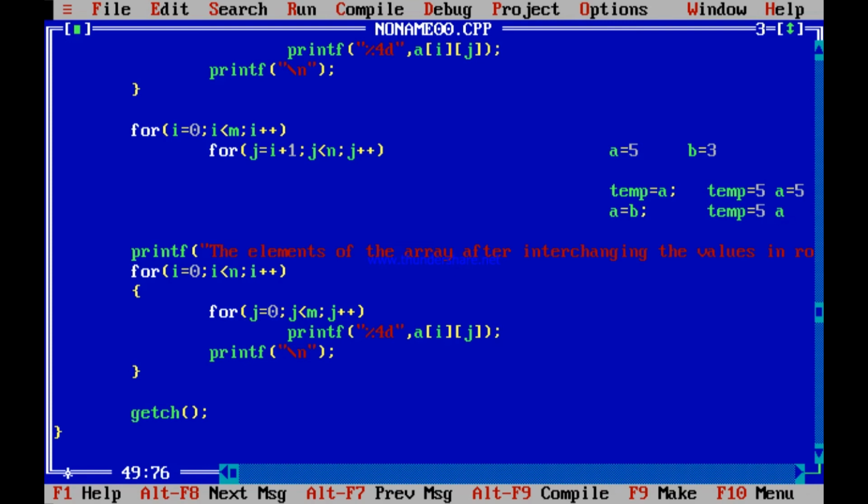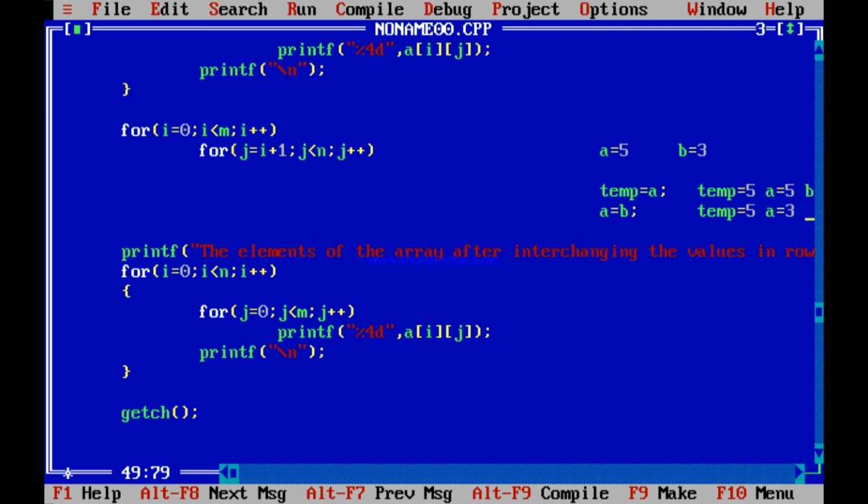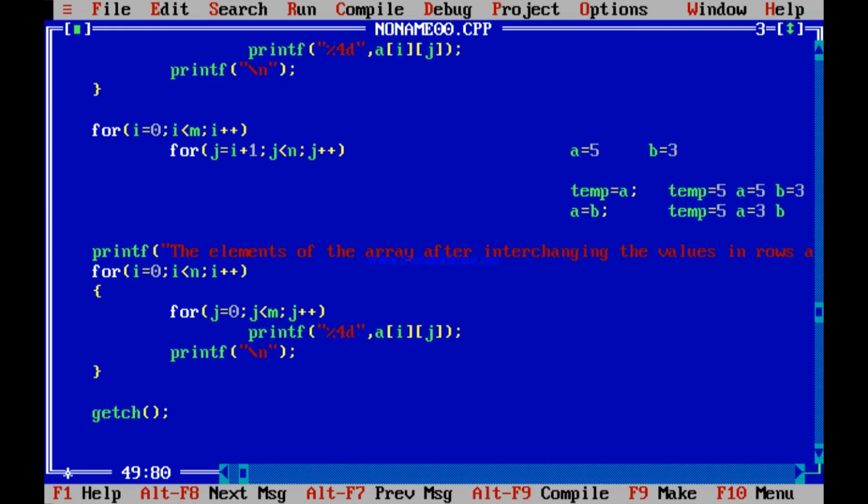A equal to B changes A to 3 because B is 3, and B remains 3. So see what was happening before: every time A equal to B was changing A, and the original value of A was getting lost. Here you have saved the original value of A to temp. So temp is 5, A is 5, B is 3.